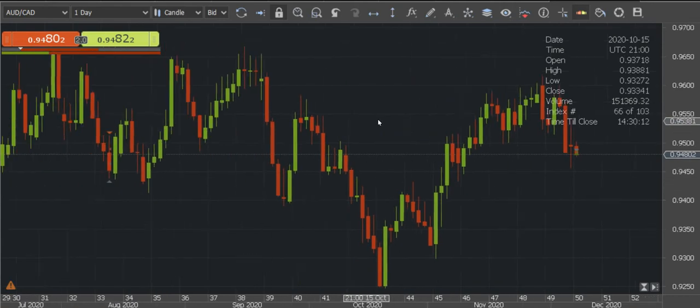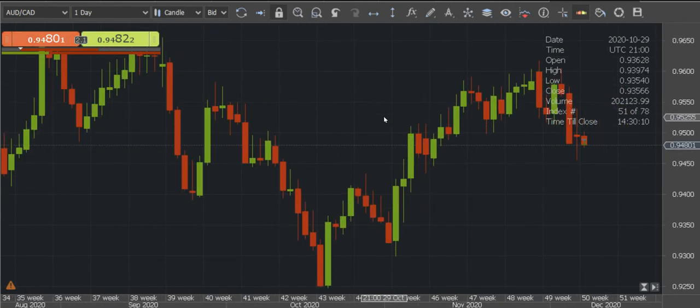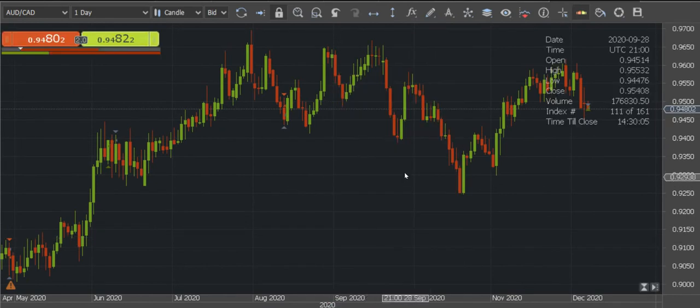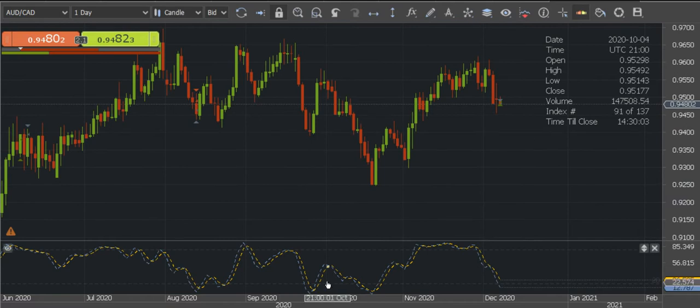Okay, it's a daily chart. You can see here I don't have any oscillator still here. So wait, I will remove this one. For this, I'm adding an oscillator. Whichever oscillator you like, you can add it.